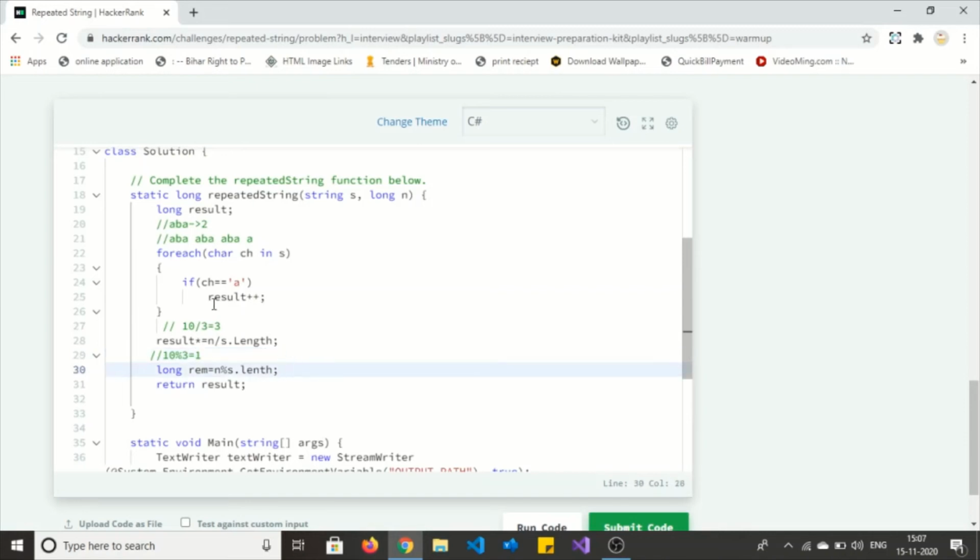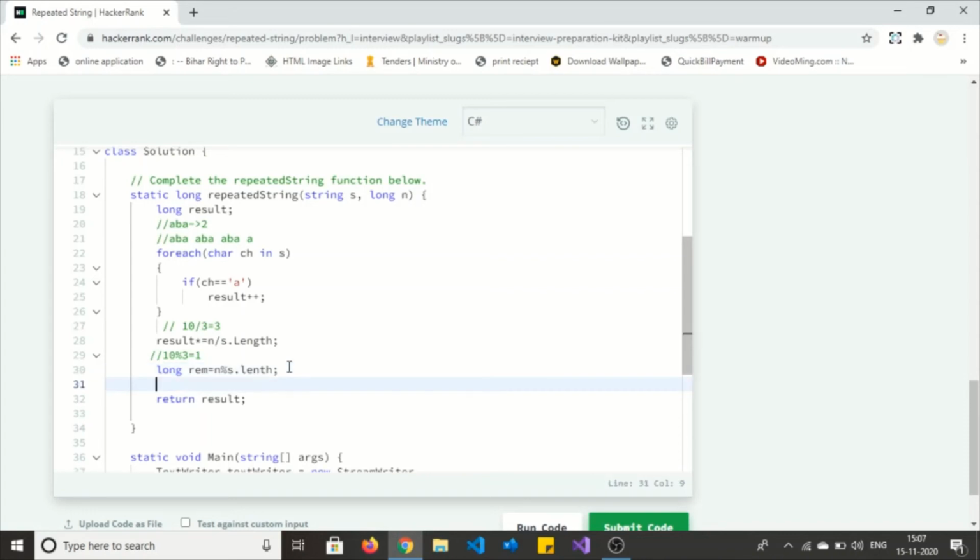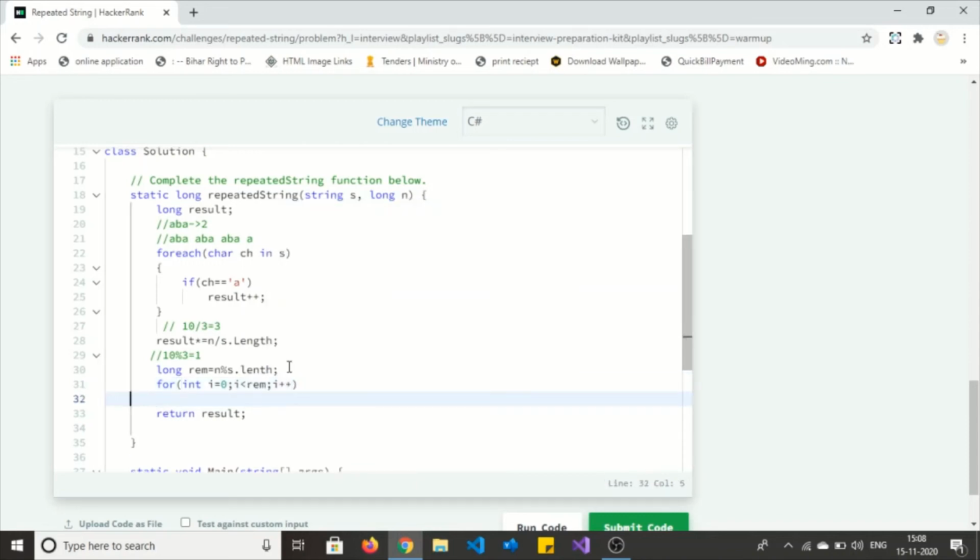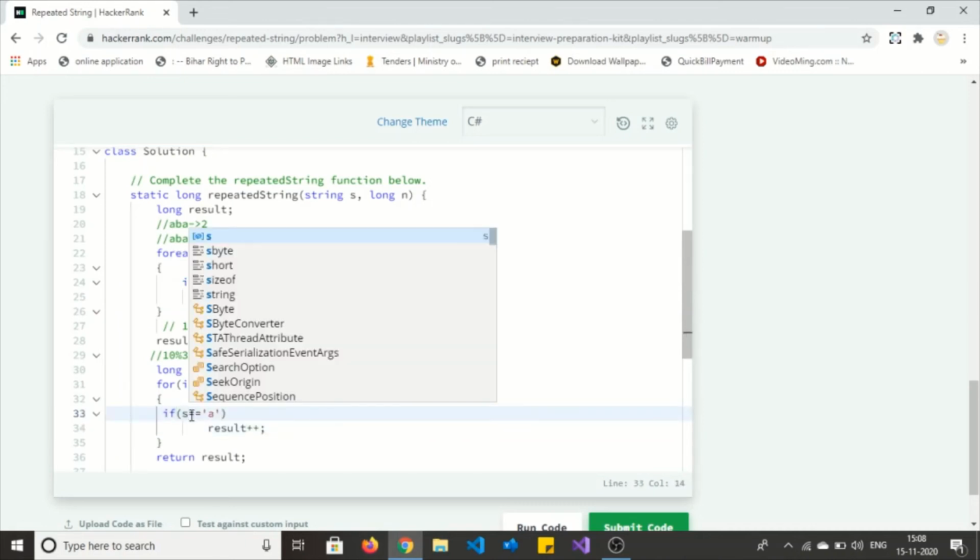Okay, now I am going to do the same kind of thing that I did above. I'm going to use for int i is equal to 0, i less than rem, and i plus plus. Here we don't have ch, so I will use s of i.